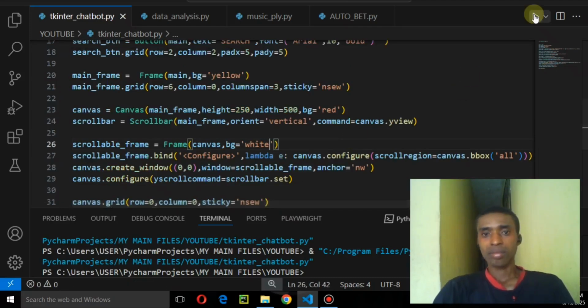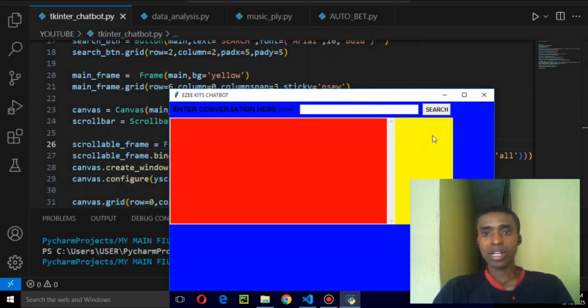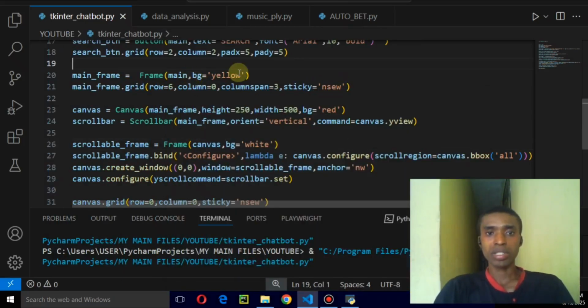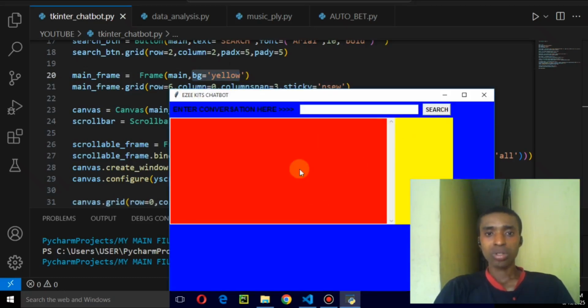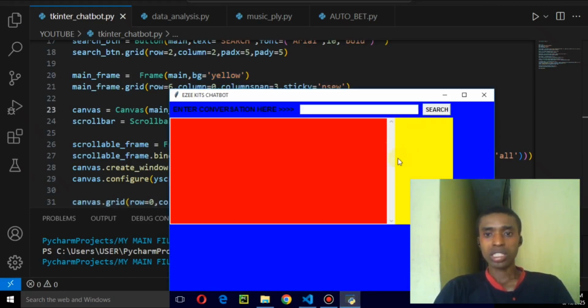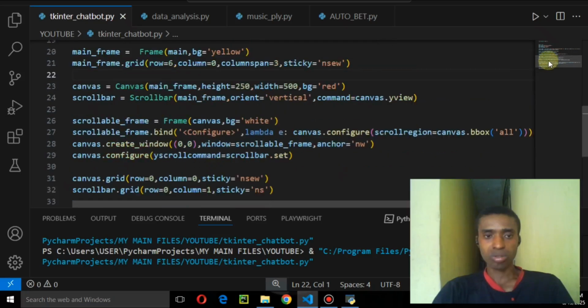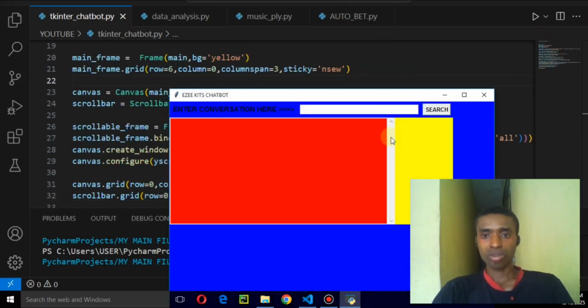So let me run it again. You can see there's something happening here. This yellow signifies the main frame, which is where we set the background color to yellow. Then the next thing is this red, which is our canvas that we set to red here. And the next thing is our scroll bar. We're not going to see much, because most times the color of the scroll bar doesn't show up. I've tried, and it's stubborn at times, but we can now see our scroll bar between these places. I don't know why, but our main frame tends to extend a little bit,